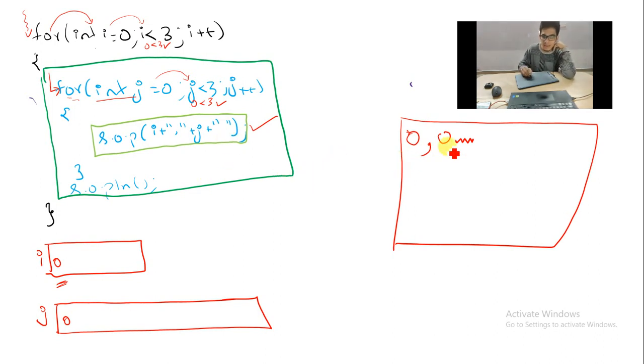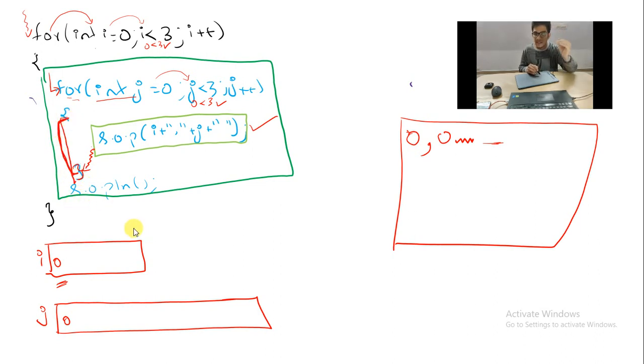After printing the space, the cursor will move to the right. Here your cursor will be, right? Because as soon as you print something, the cursor moves to the right. So you have printed a space, so the cursor moves here. Yes, printing is done, right? After printing is done, don't you think the cursor will come below like this? The cursor will see this closing bracket. Whenever the cursor sees this closing bracket, what will happen? Which loop's closing bracket is this? Is it the closing bracket of the i loop or of the j loop? Don't you think this is the closing bracket of the j loop?